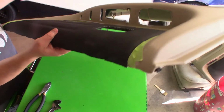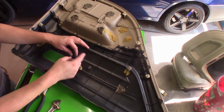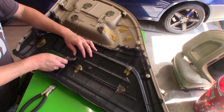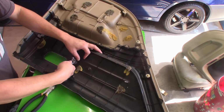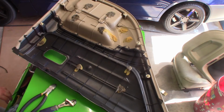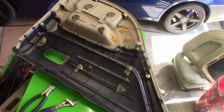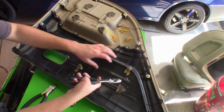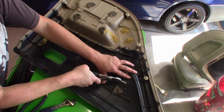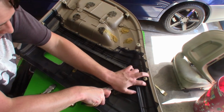All we're going to do on the back end here, flip this around, see how they're protruding through here. One end's longer than the other, doesn't matter. What I'm going to do is I'm going to create a hook with this one here, and all I'm going to do is just twist it toward the plastic like this, and this in here, if I can find my pliers, I'm going to use some pliers here, and all I'm going to do is I'm going to pull it and I'm going to bend it toward it while pulling at the same time. So you're going to have to put a little bit of pressure on here. I'm going to go and smash it down,